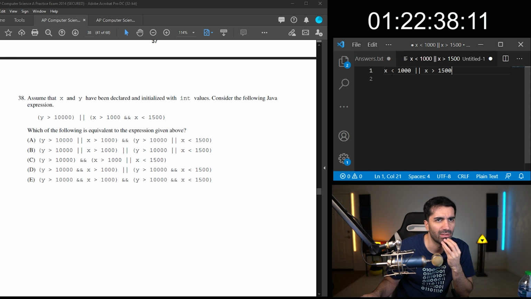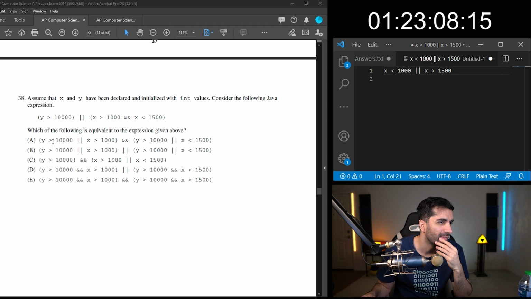I feel like these would have to be greater than or equal to, right? Yeah, I'm super rusty on how to convert these. I'm just going to go through and see what I think looks right.